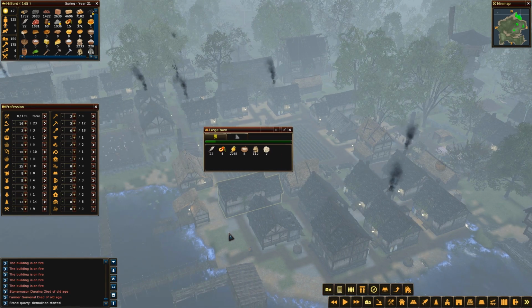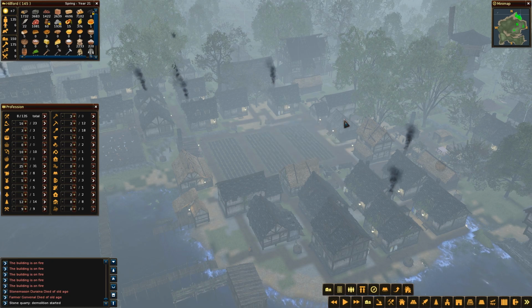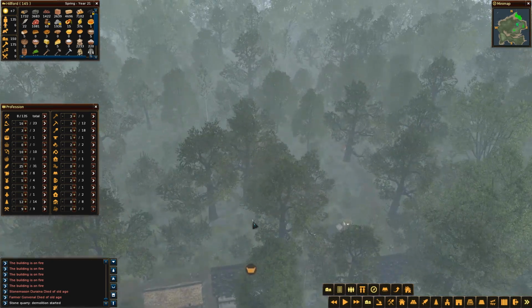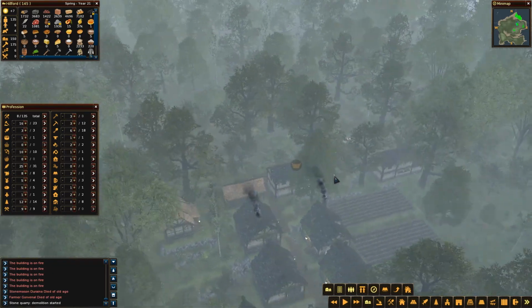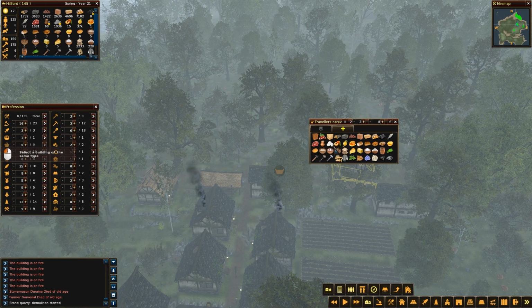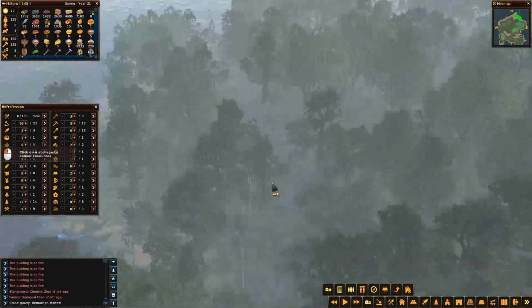How much food do you have? You only have 2,000 food in you? How much food do you have? Only have a little bit of food as well. How about up here? We have a massive amount of food. Yeah, we have 16,000 food. How about we take this caravan from here? Oops. I want to transport food from here to...